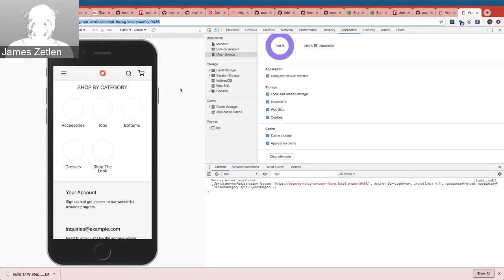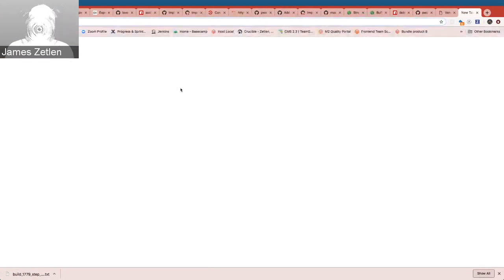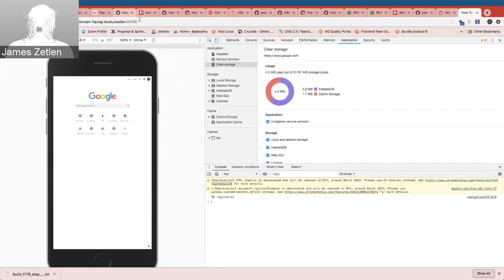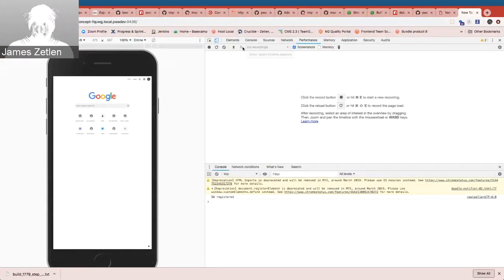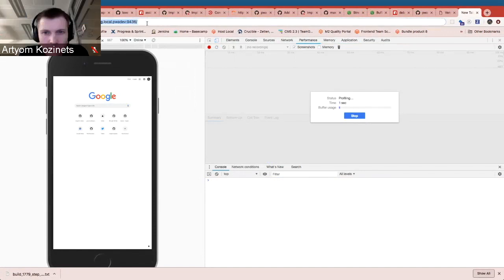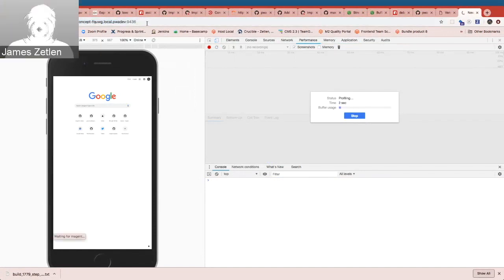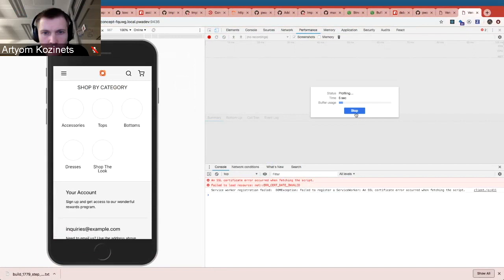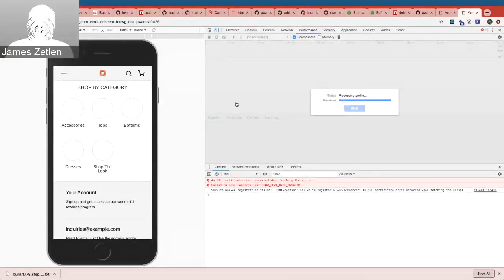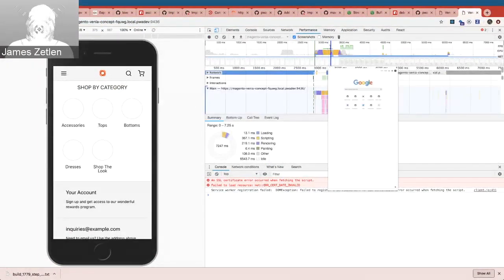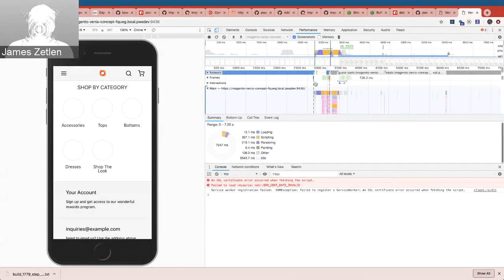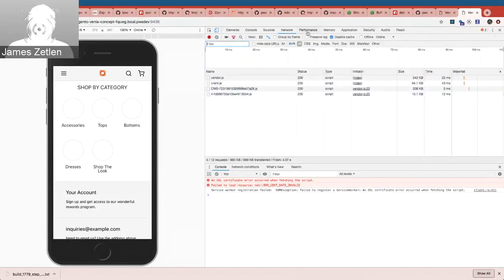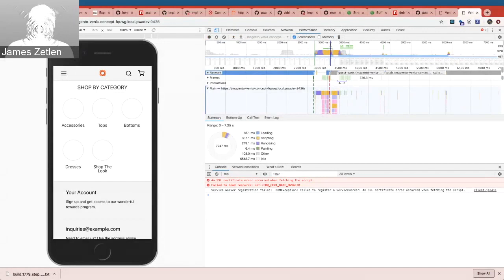Let's just do this. And there we are. So observe that the loading time, the scripting time, the rendering time, I guess they're pretty okay. I think I did not manage to disable cache properly, but